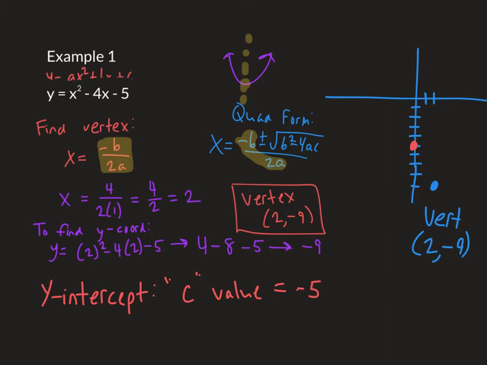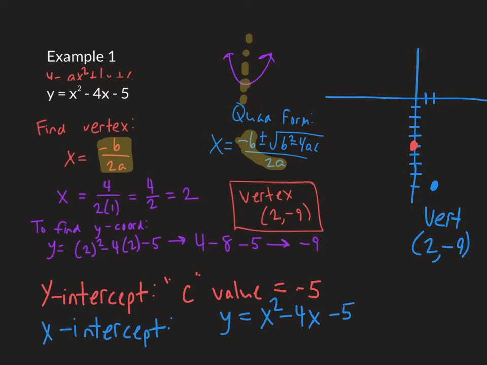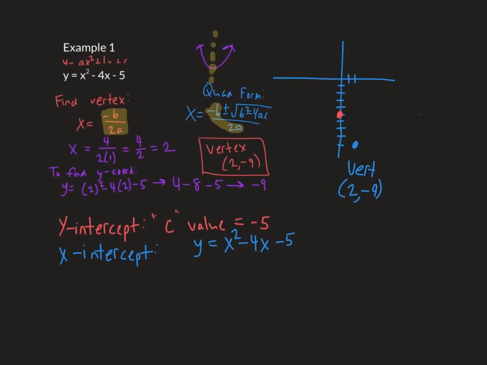Now if we want to find the x-intercepts, and this will be the last thing we need to find, we're trying to figure out what happens when y is 0. So the function is y equals x squared minus 4x minus 5. If we set the y value equal to 0, we end up with this equation, 0 equals x squared minus 4x minus 5,